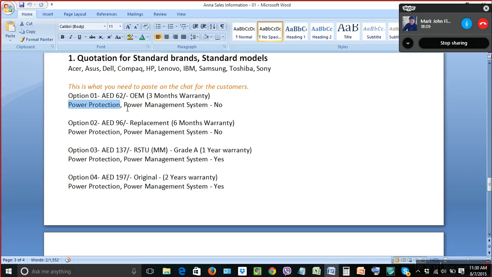It's like an AVR, something like that. So the power management system, obviously, the charger will distribute electricity to the laptop whenever required. So it's not just like